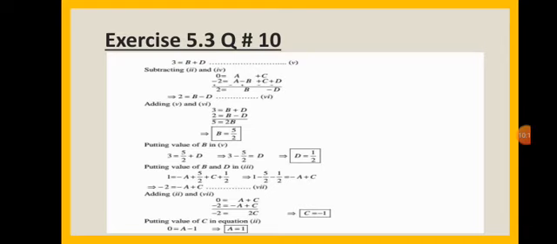But when we put these values, the value of b and d, in equation 4, we get 1 is equal to minus a plus 5 over 2 plus c plus 1 over 2. We will get 1 minus 5 over 2 minus 1 over 2 is equal to minus a plus c. So in this way we solve this equation and we get minus a plus c is equal to minus 2,